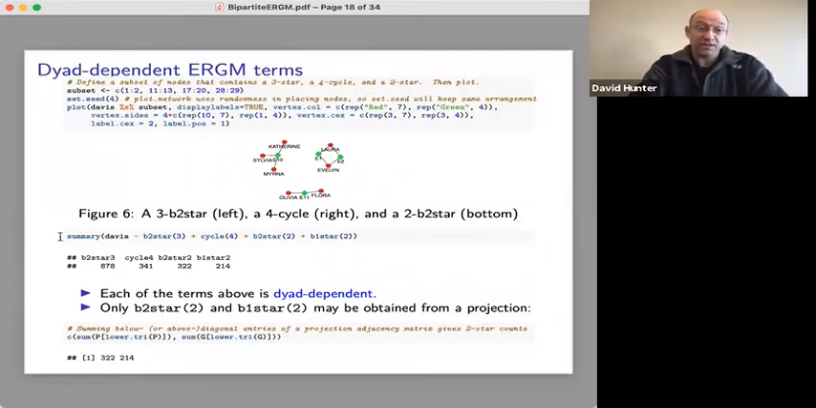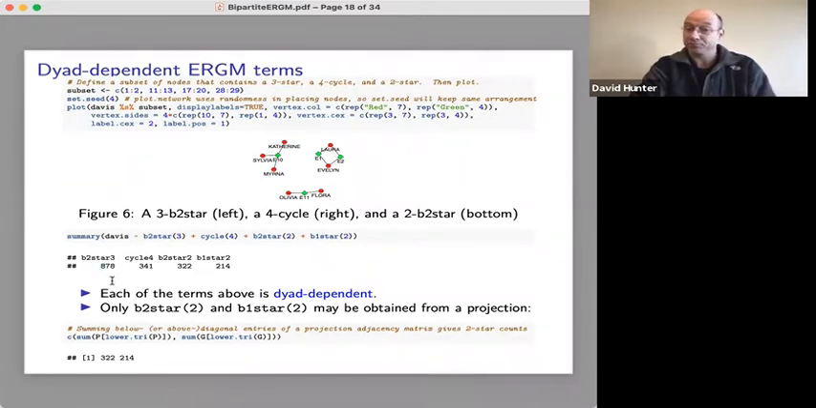You see here a summary function applied to the Davis network. Here we have B2 star of 3. That's a 3-star centered at the second mode of a bipartite network. B2 refers to bipartite second mode. And so this will be a 3-star centered at an event. And if you count up all of the 3 stars centered at events, you find that there are 878 in